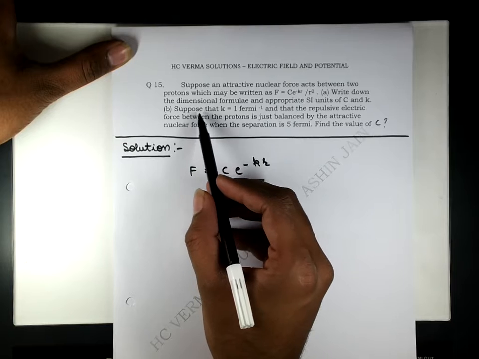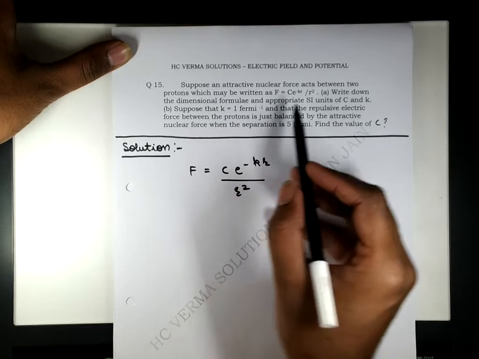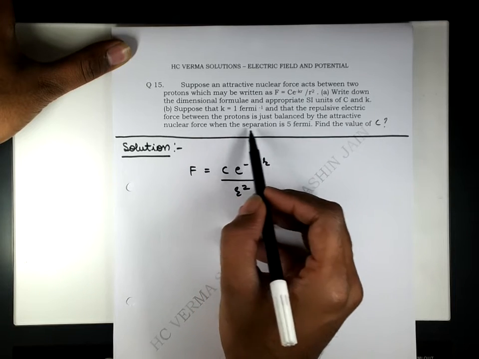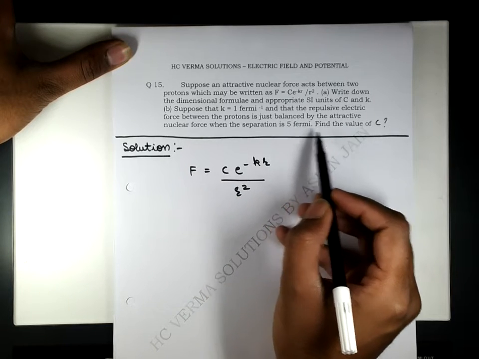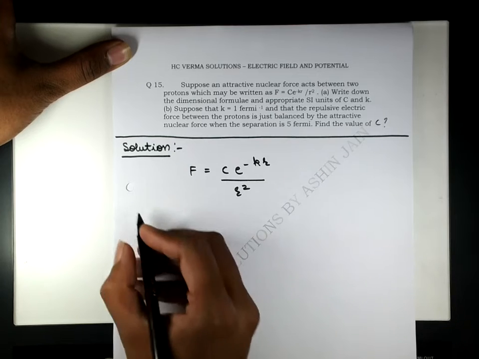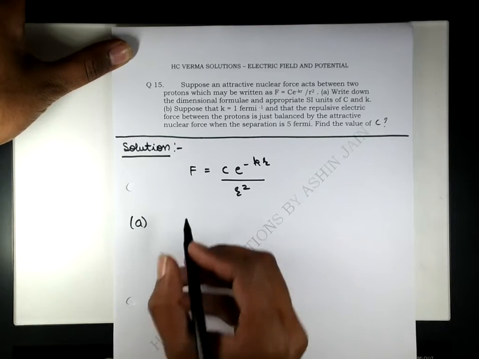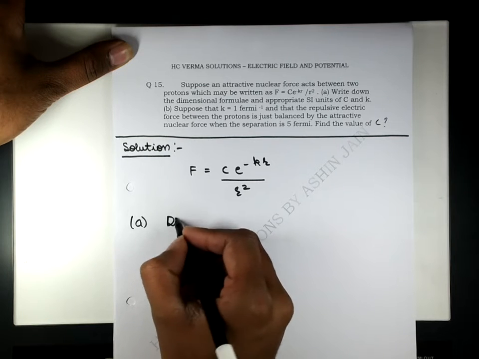Part B: suppose that K is equal to 1 Fermi inverse and the repulsive force between two protons is just balanced by the attractive nuclear force when the separation between them is 5 Fermi. Find the value of C. So basically the first part is based on dimensional analysis. We need to find the dimensions of